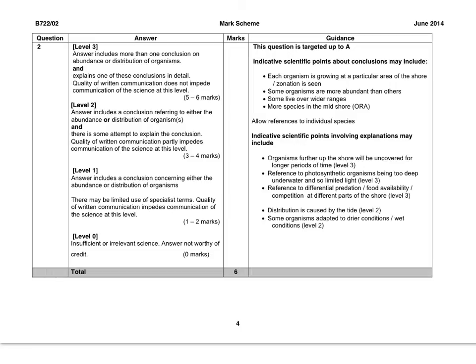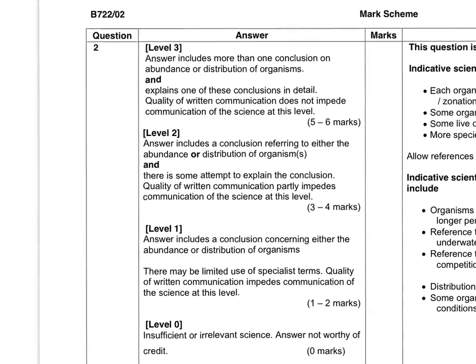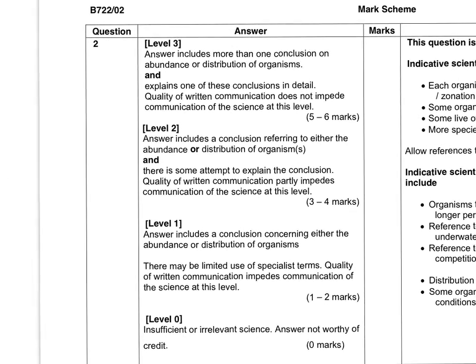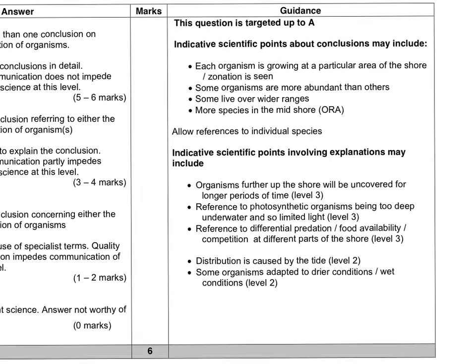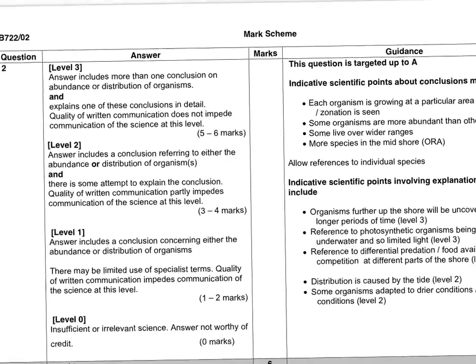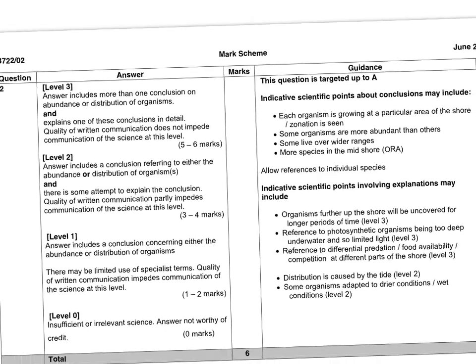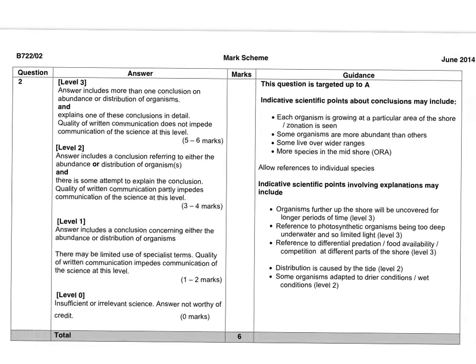As usual, the mark scheme is split into 2. So on the left-hand side, it tells us how to get you into a level 1, 2, or 3 answer. And then on the right-hand side, it gives us a little bit of guidance as to those answers. So let's just look at the level 3 answer, because obviously we're all shooting for between 5 and 6 marks